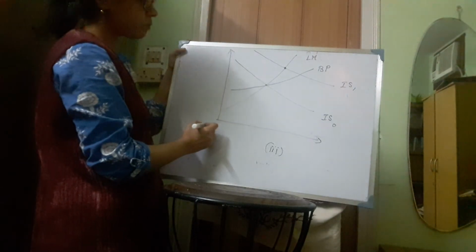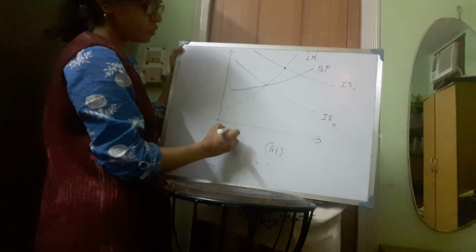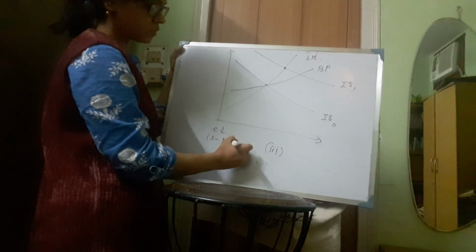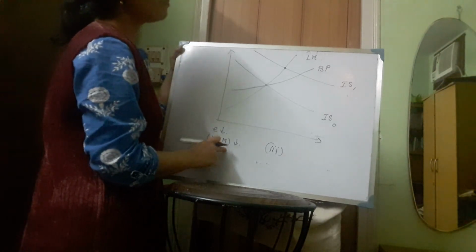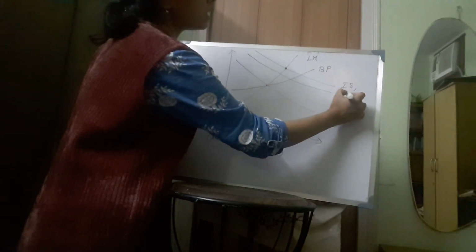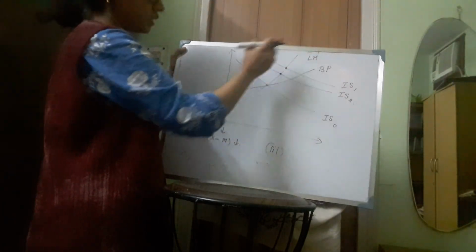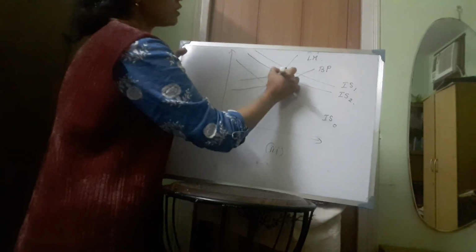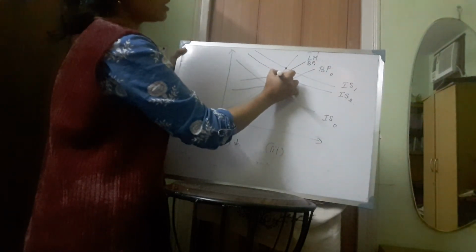Now when there is a BOP surplus, since we are considering the flexible exchange rate, we have discussed that E will fall, so there will be appreciation of the home currency, and as a result X minus M will deteriorate. This we explained. So as a result of the fall in X minus M, the IS curve will shift to the leftward direction. So IS1 will become IS2, and at the same time there will be a shift of the BP curve to the leftward direction because of the deterioration of X minus M. So BP will deteriorate here. So this is BP0 and this is BP1. So here this will be the new equilibrium point.